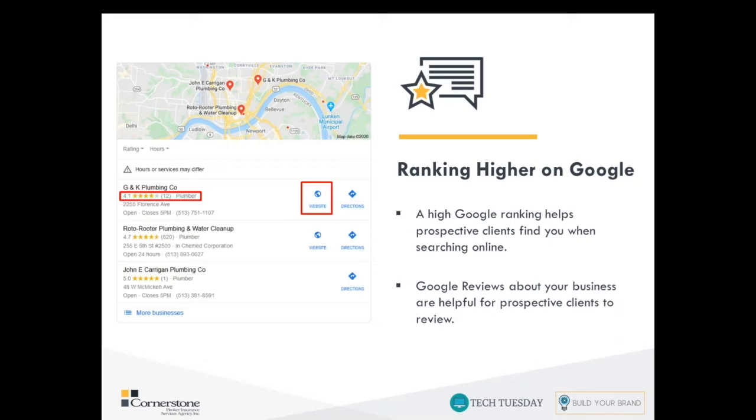So consider your own interactions with companies through the web. For example, let's say that you're looking for a plumber in your area that can help you with a leak, and you don't have any leads from friends or family. So in that case, you would turn to the internet. You go to Google, you type in plumbers near me, and millions upon millions of search results pop up. So you go down to the business section of Google, which I've illustrated on the PowerPoint slide here. And you've certainly seen this when you're conducting your own searches. You check the Google rating because you want to make sure the company has satisfied customers. And when you find a good company with a good rating, you decide to take a look at their website